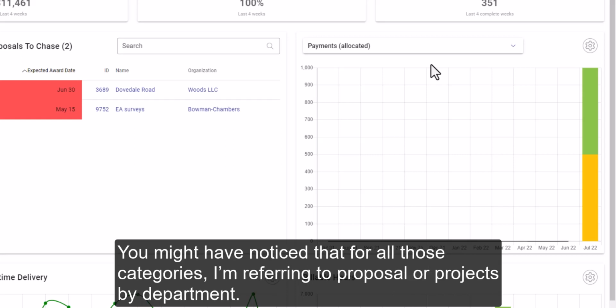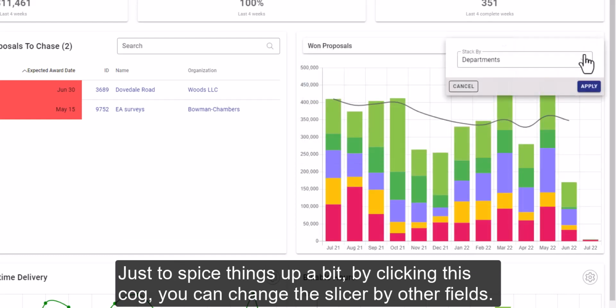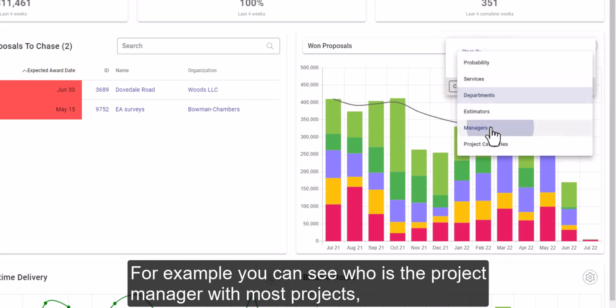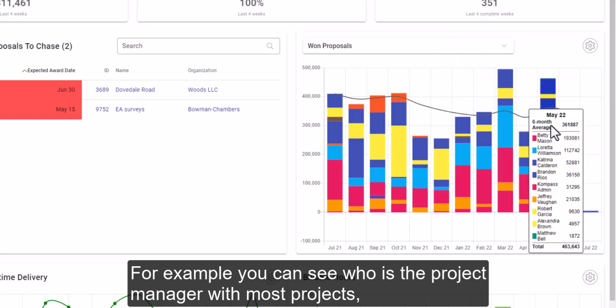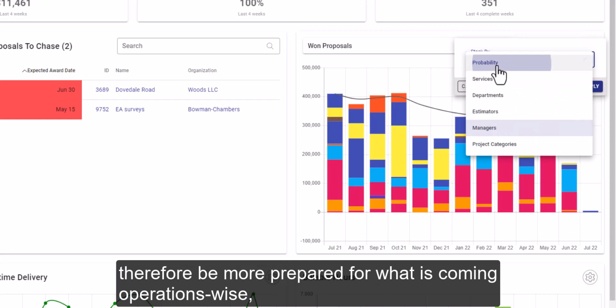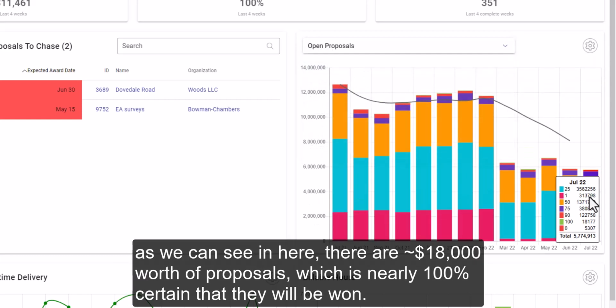You might have noticed that for all those categories, I am referring to proposals or projects by department. Just to spice things up a bit, by clicking this cog, you can change the slicer by other fields. For example, you can see who is a project manager with most projects. What is the probability of winning each of those proposals, therefore being more prepared for what is coming operations-wise? As we can see in here, there are $18,000 worth of proposals, which is nearly 100% certain that they will